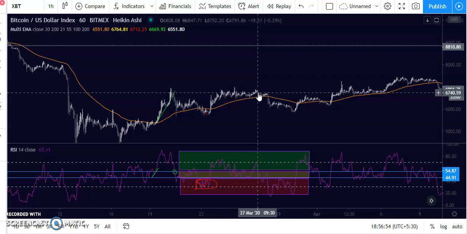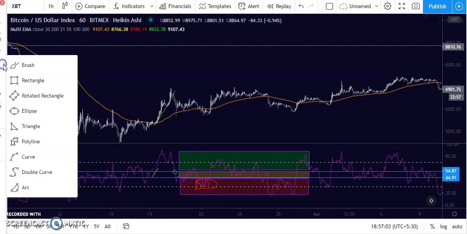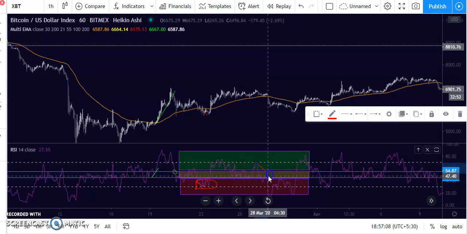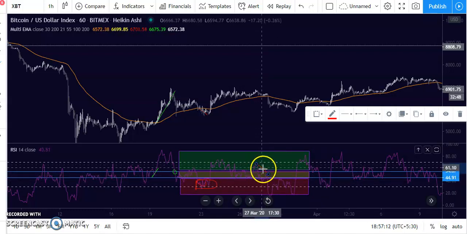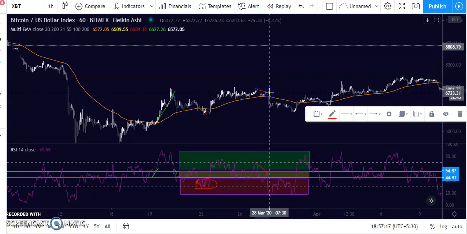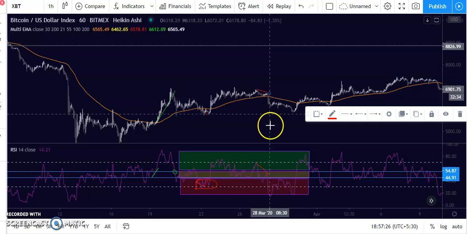So what should you do? You should never short it. You should always keep long. Now RSI suddenly came down. If you observe carefully what is happening here, the RSI spikes are giving us lower highs. As soon as you see the price making a lower high, that means the strength of the bulls has weakened. The bears are taking control.